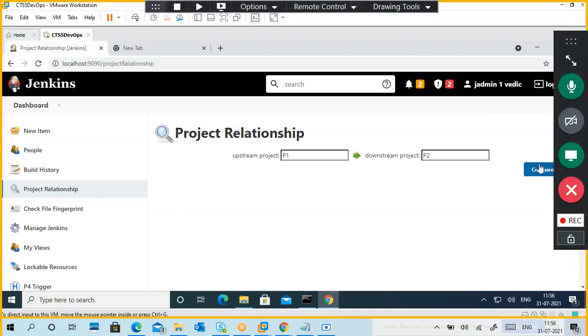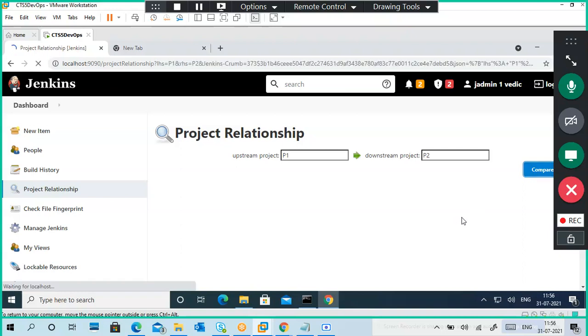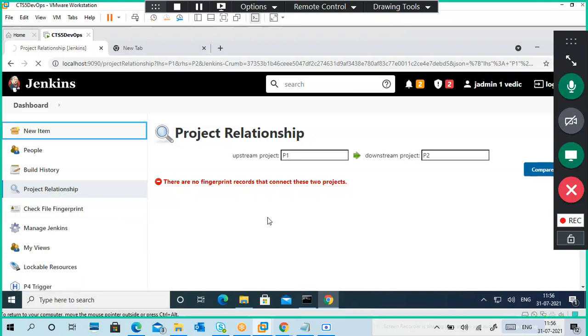Compare. So what is this comparison? Let's see. Is there anything going on or nothing? They don't have any fingerprint records. We don't know. That's a new item.